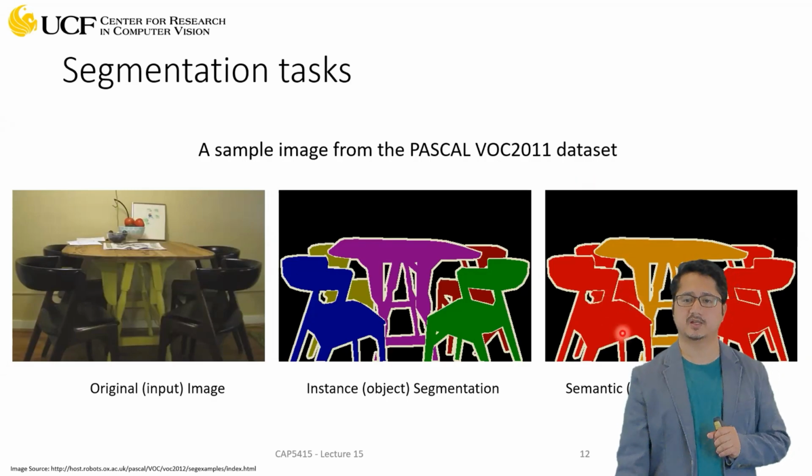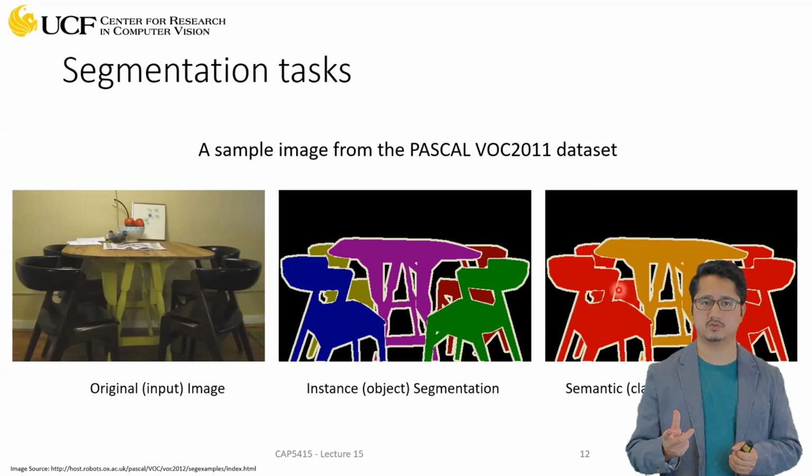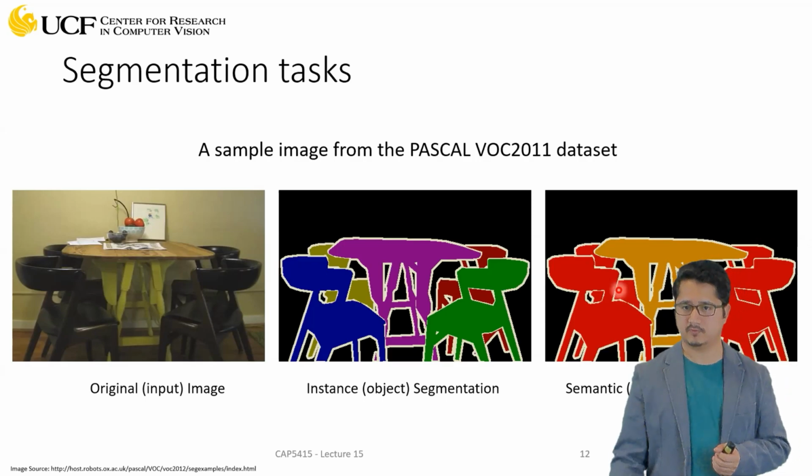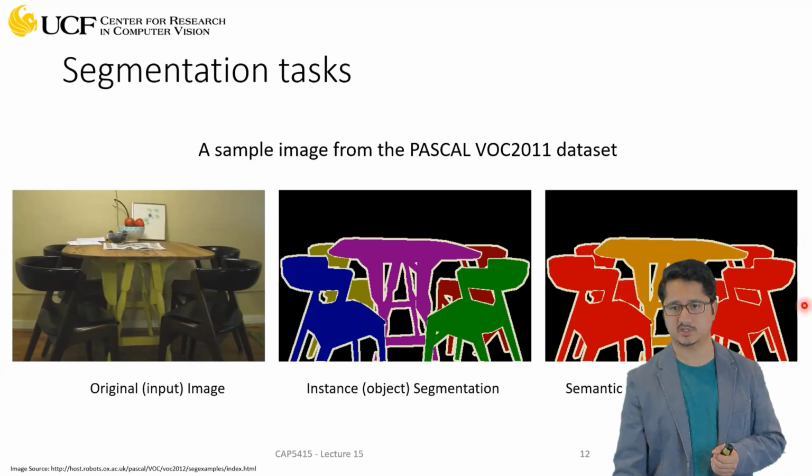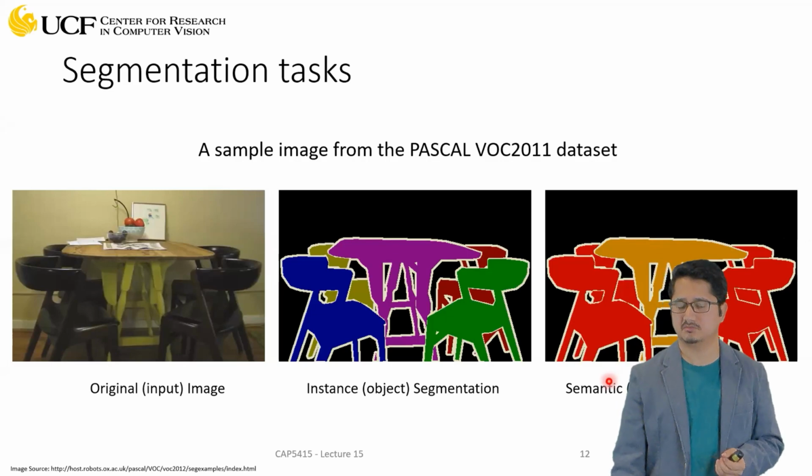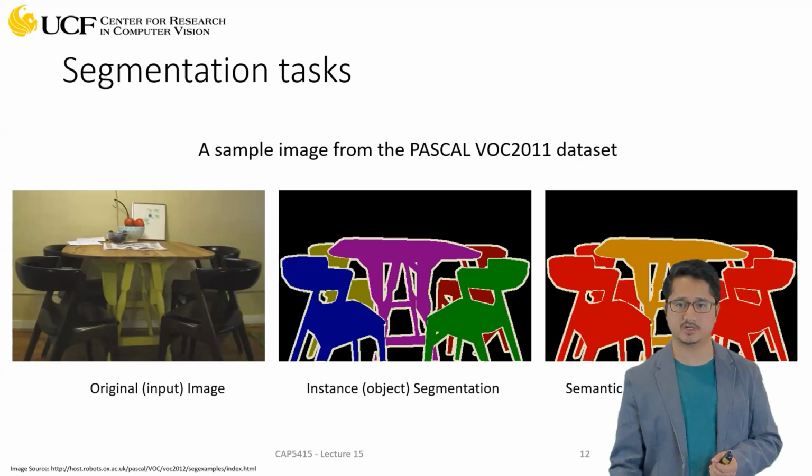Now, how is this semantic segmentation different from instance segmentation? In this case, we are saying that, let's say this pixel is chair and this pixel is chair, right? But we don't care about whether we have multiple chairs. For example, in this scene, if we have 4 different chairs, semantic segmentation has no role in saying that there are 4 different chairs, and it won't differentiate between the pixel of, let's say, this chair and the pixel of